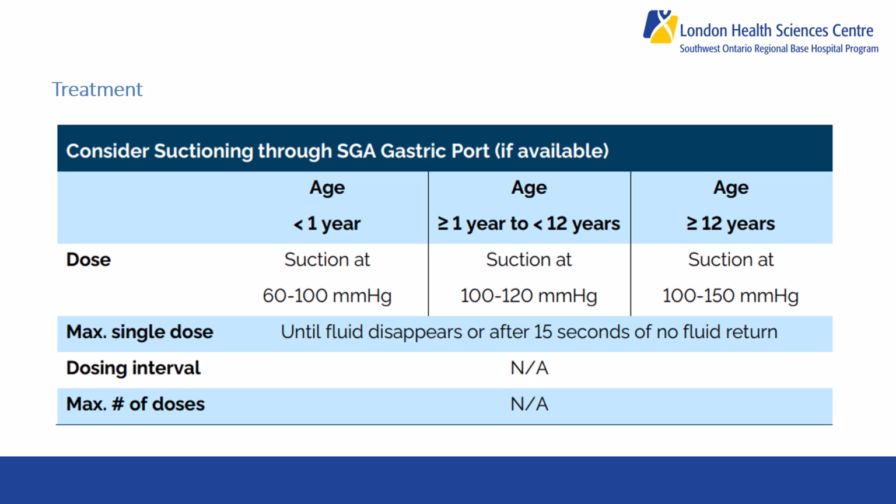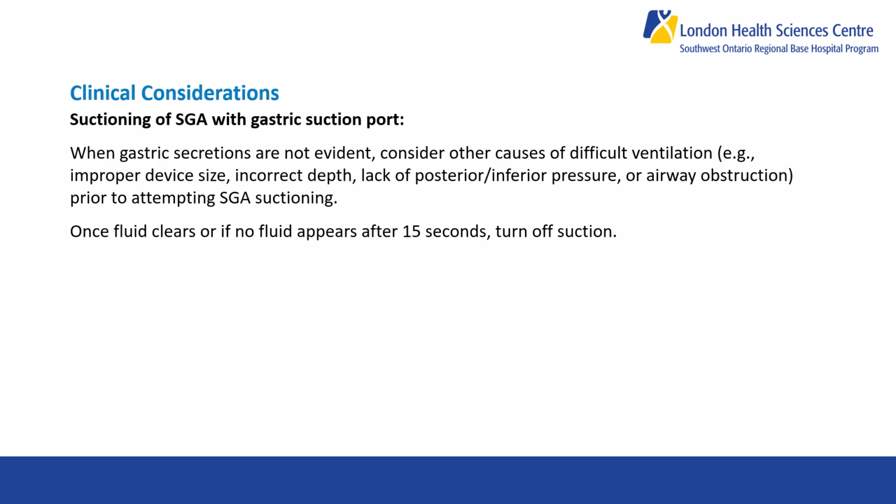A soft reminder to leave your suction tubing in situ and to simply be turning your suction machine on and off as needed. There are no changes here within the clinical considerations, and messaging remains the same for troubleshooting. When paramedics run into difficult ventilations, they should be considering reassessing SGA sizing, visualizing and auscultating for possible displacement or obstruction, checking if the BVM valves are functioning, and these are just a few examples in a long list of possibilities. This will occur prior to the decision of suctioning.